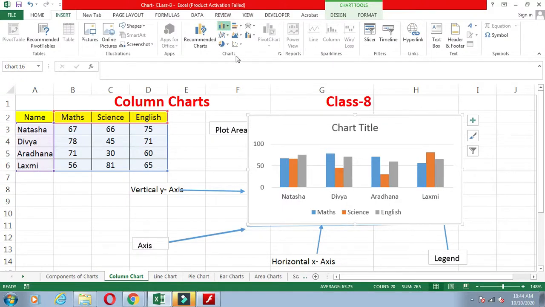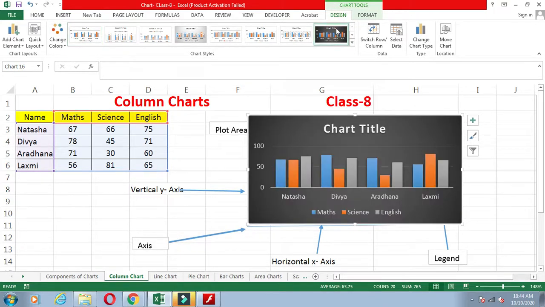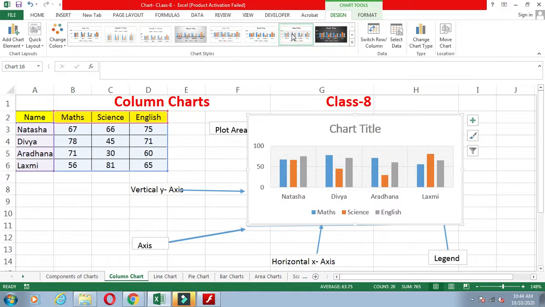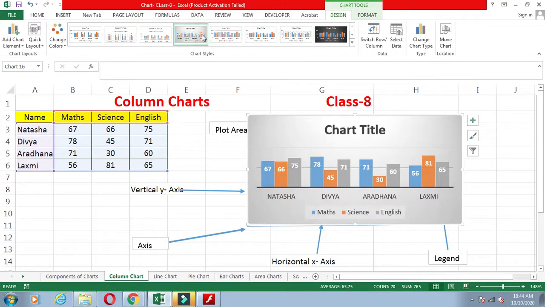Click on the Design tab, and you can select any design as per your wish. Here are the different designs that you can apply to your chart from the chart style.